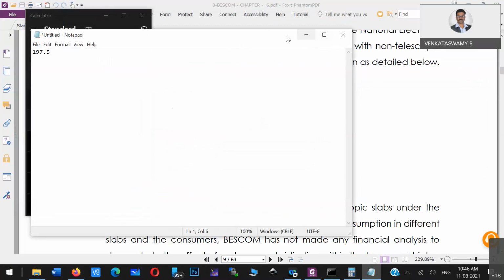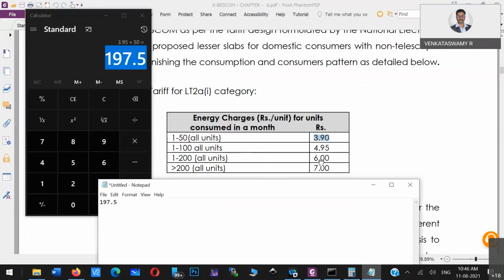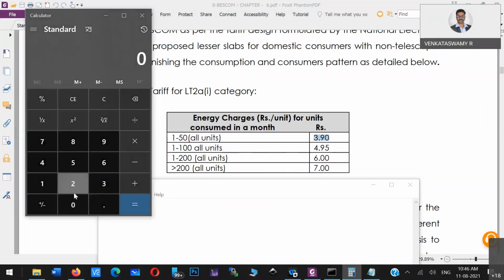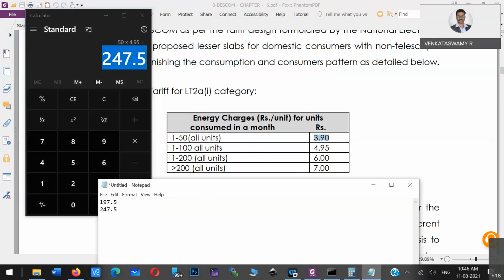And then for the second slot cost, we just have to multiply 50 into 4.95, which is 247.5. And for that additional 1 unit, it is 6 rupees.